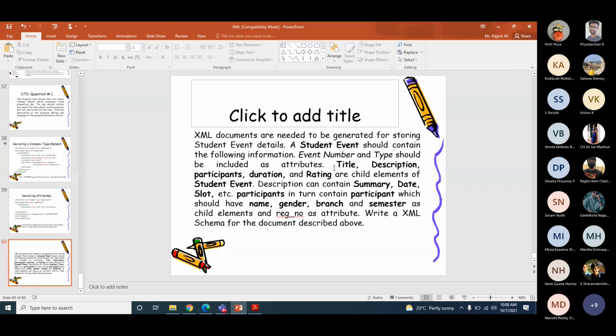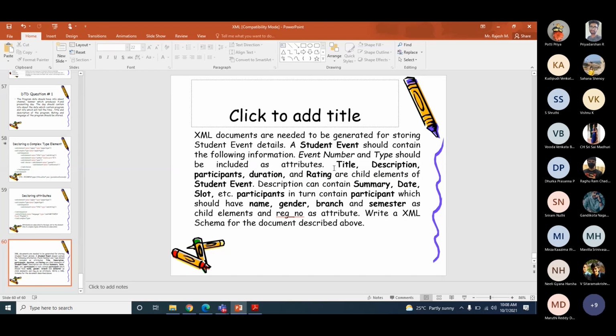Now, description is again not a direct primitive or derived data type. It is a complex data type because it contains summary, date, slot.